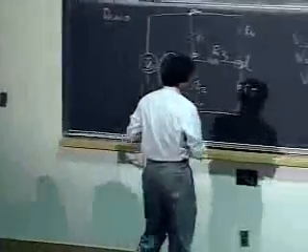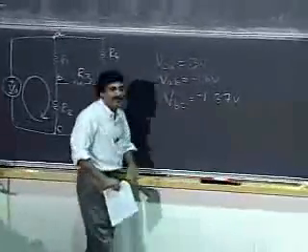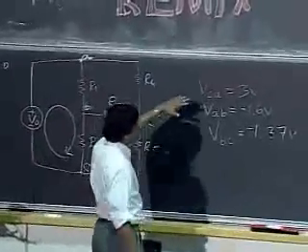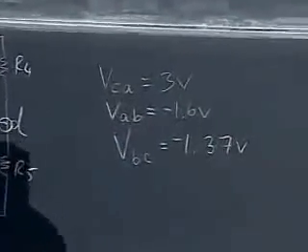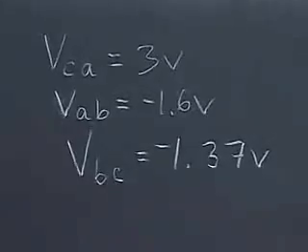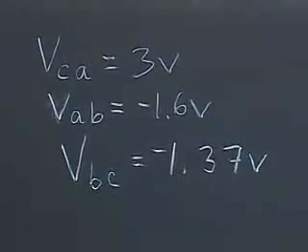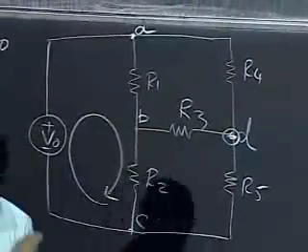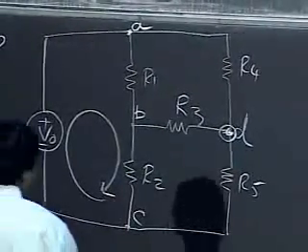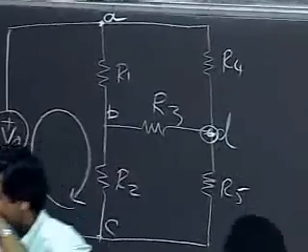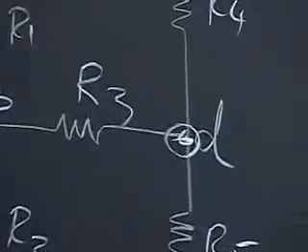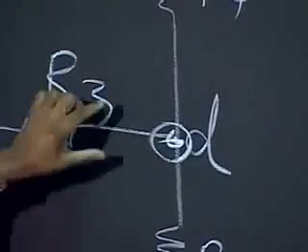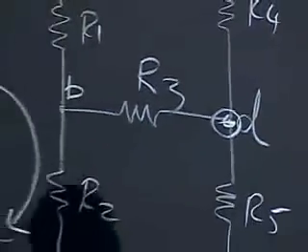Okay, so within bounds of experimental error, notice that if I add up these three voltages, they nicely sum up to 0. Next, let me focus on this node here, and at this node, let me go ahead and measure some currents. What I'll do now is change to an AC voltage so that I can go ahead and measure the current without breaking my circuit.